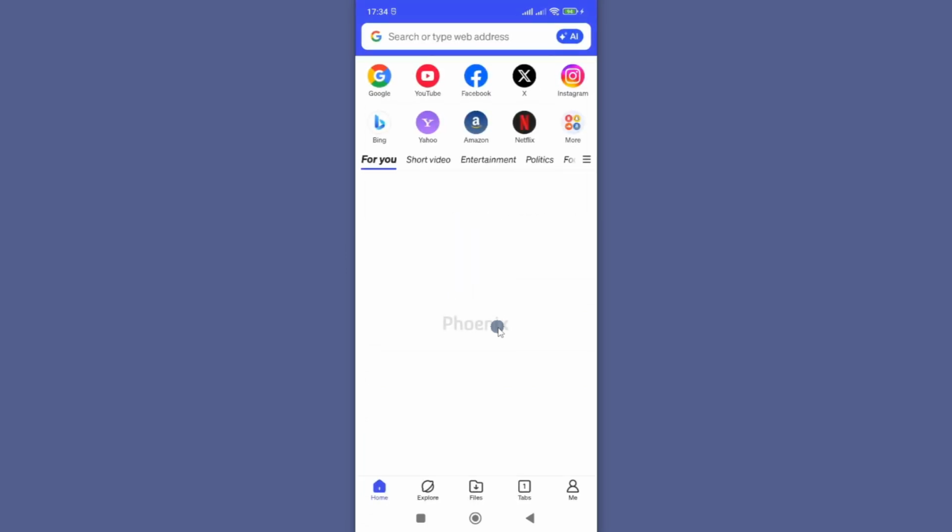So by following these steps, you should be able to download this browser and start using it on your Android